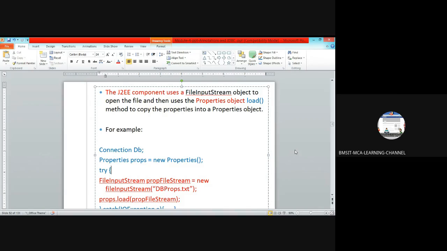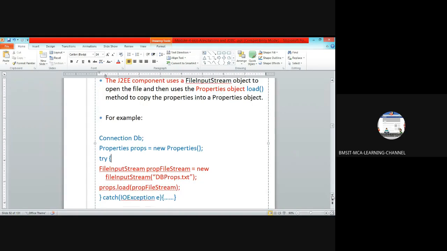The properties object uses a FileInputStream object to open the file, and then uses the load method to copy the properties into the Properties object. For example, Properties dbProps equal to new Properties.